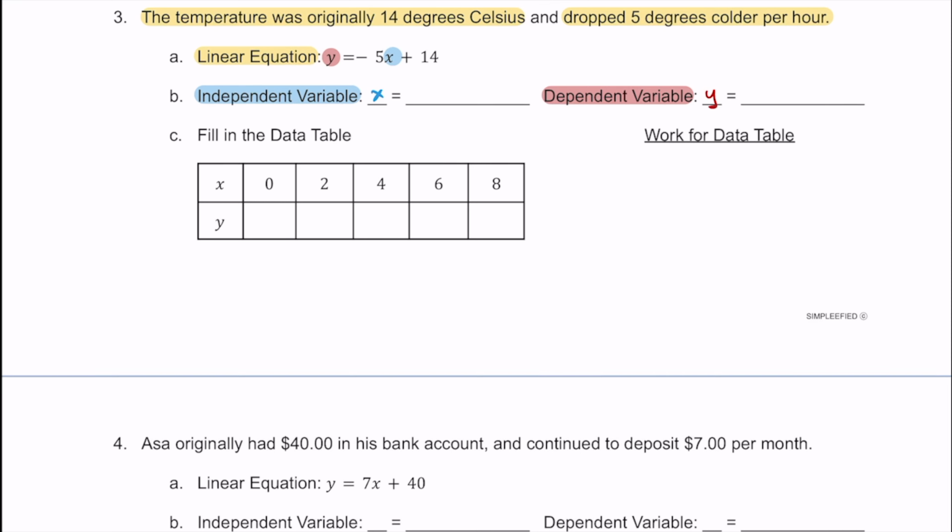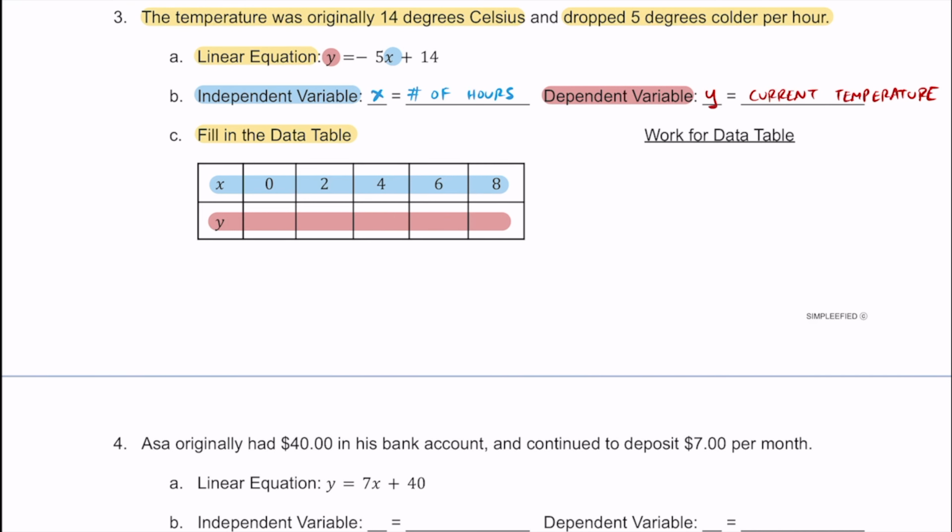Now, as time goes on, we notice that the temperature is going to be dropping, so the temperature is going to depend on how much time goes by or how many hours go by. That being said, x, or our independent variable, represents the number of hours, and y represents the current temperature. Let's go ahead and use this information to fill out this data table together. Here we have x, which just represents all these different amounts of hours that go by. And our job is to figure out each of these y values, or what the temperature is going to be